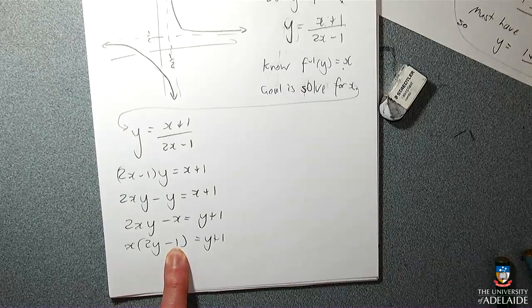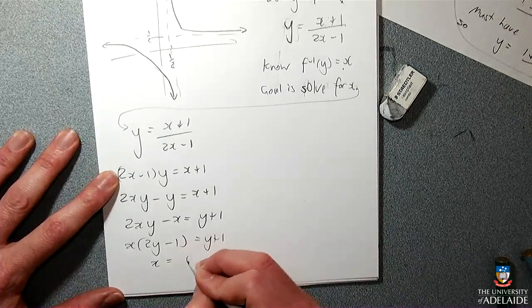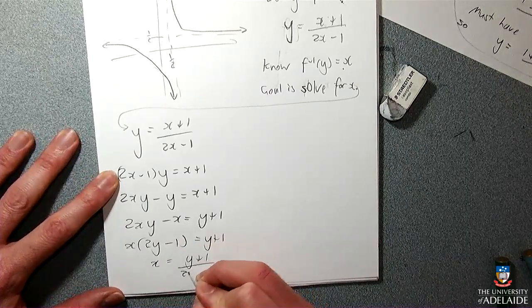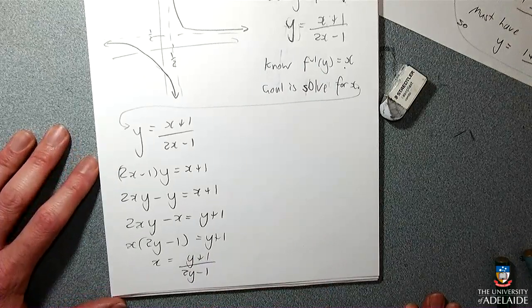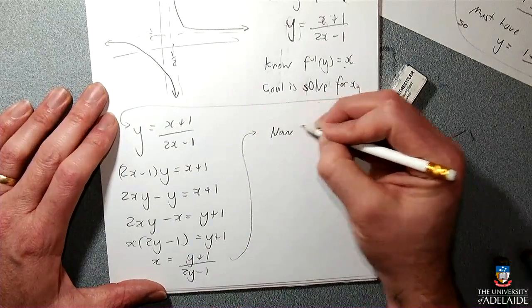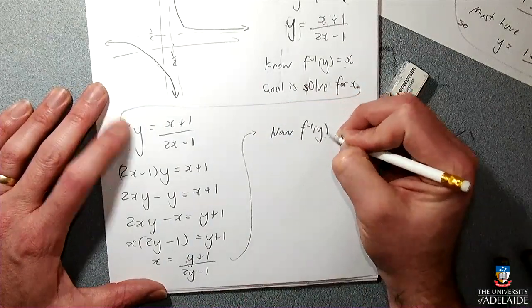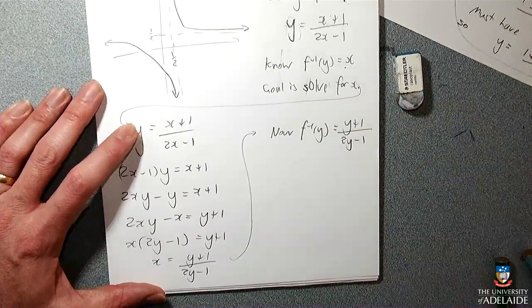And now I have achieved the goal of only having one x on the page in this line. So now I can divide by this. So now we know that f inverse of y is y plus 1 over 2y minus 1, which is exactly